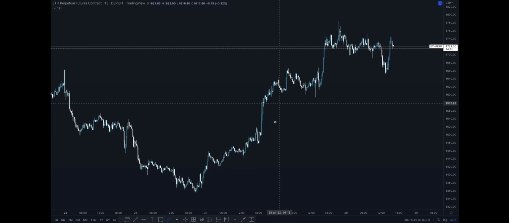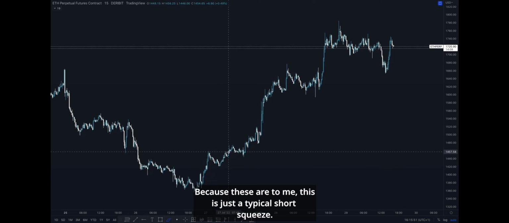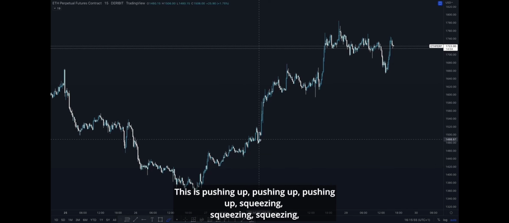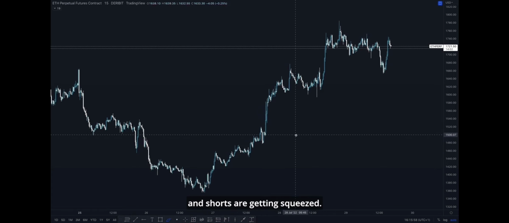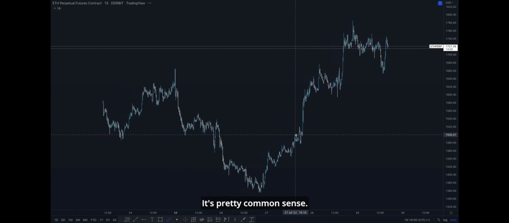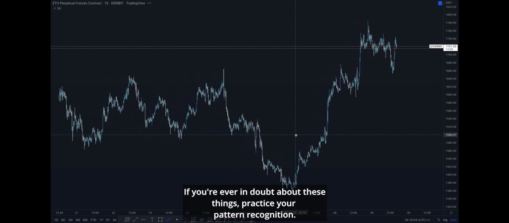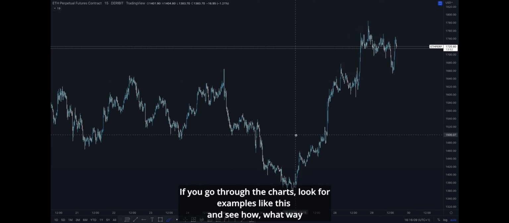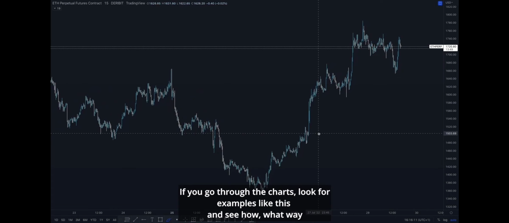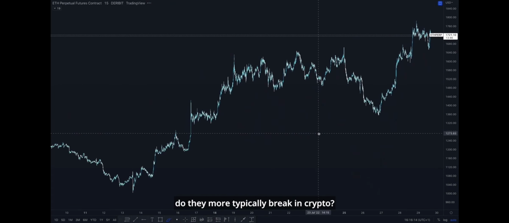It blows you out. Because to me, this is just a typical short squeeze. This is pushing up, pushing up, pushing up, squeezing, squeezing, squeezing. Shorts are getting squeezed. It's pretty common sense. If you're ever in doubt about these things, practice your pattern recognition. Go back through the charts. If you go through the charts, look for examples like this and see what way they more typically break